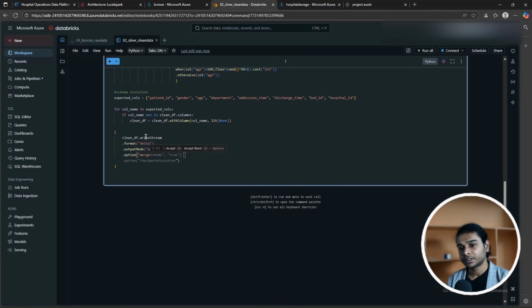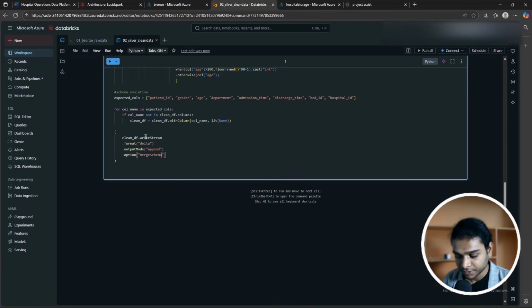Whenever the schema changes, the pipeline shouldn't break. It should adapt to the new schema with the new column that is added. And this option offers that function: mergeSchema, comma, true,